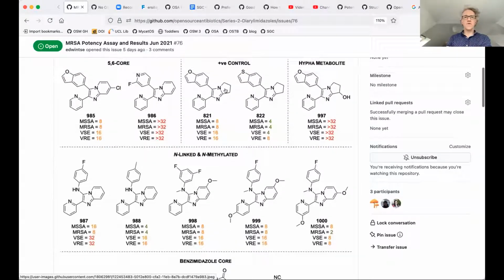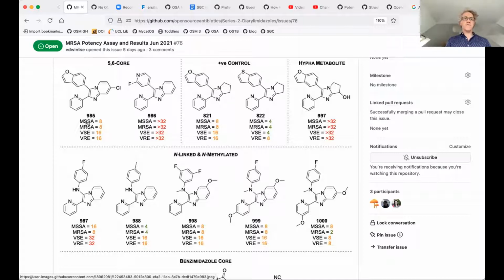So the positive controls are roughly as expected. They're performing just fine. And then the first thing is the easy conclusion, which is the metabolite that we receive from Haifa, the structure of which Ed elucidated with the OH here, is inactive. So I guess we don't need to worry about it again. It means that the metabolic clearance is, of course, important because that could determine whether or not the drug's any good if it's being cleared to something which is inactive.